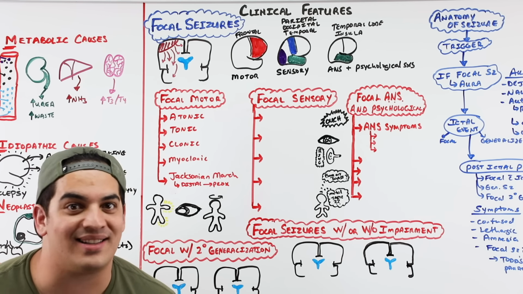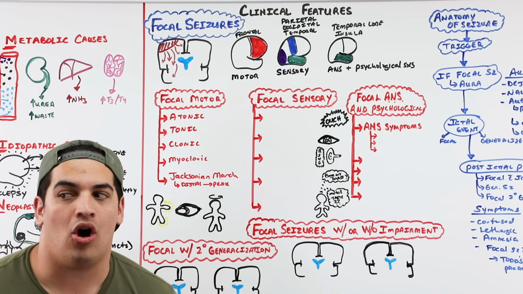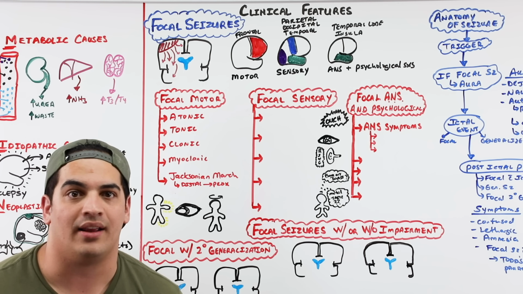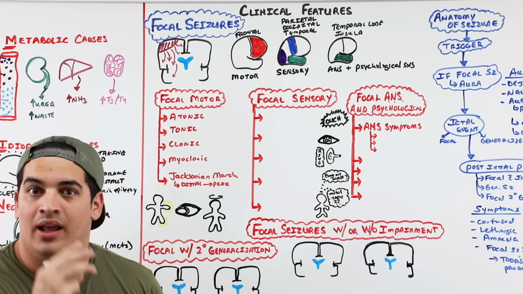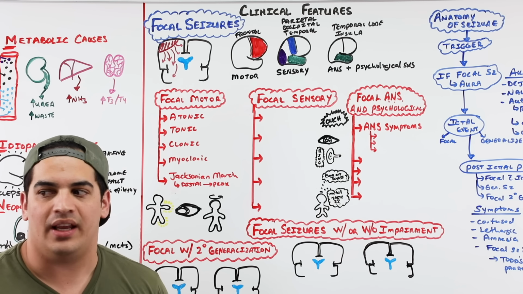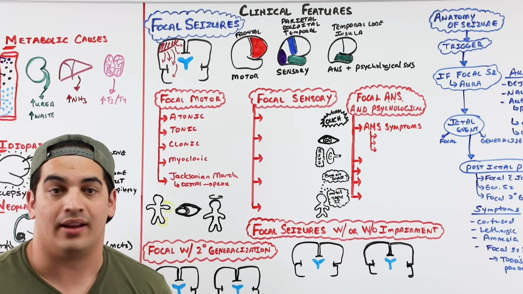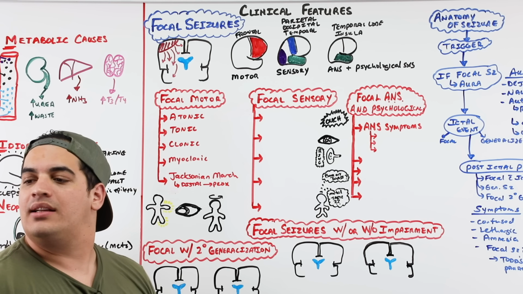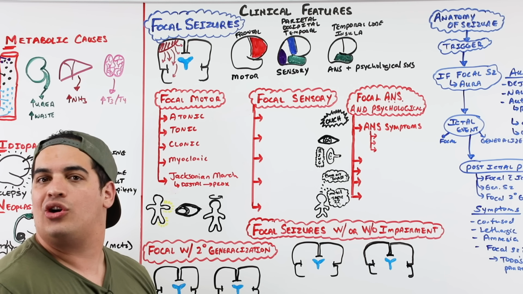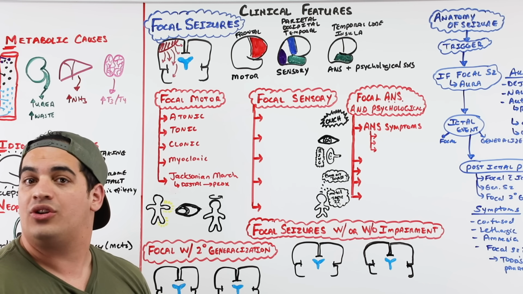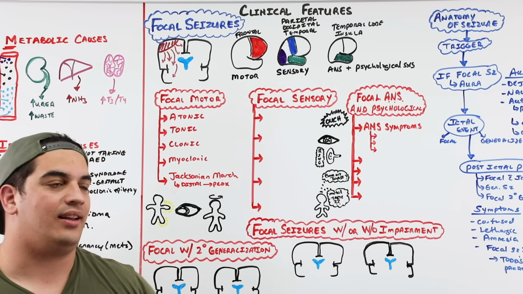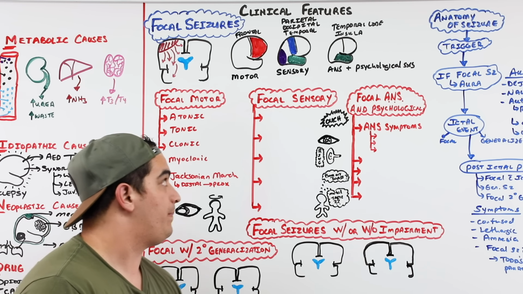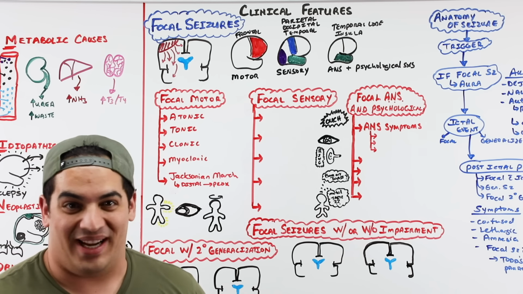Another thing that could be not as obvious is their eyes could be hard deviated to one side. So maybe you look, and if they have a seizure going on in the left frontal lobe, they may actually have their eyes deviated to the contralateral side. So that's important. And then the last thing is they may have their head cocked or turned to one side. So head turning to one side, hard eye deviation, as well as unilateral shaking can be signs of focal motor seizures.